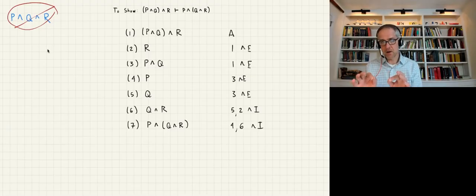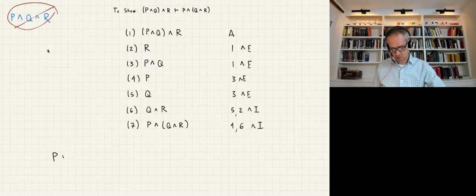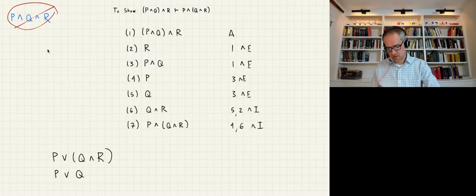The only tricky things here are, remember that you have to apply these rules to entire lines. So in other words, I'll just give you an example of a no-no, just so you're sure you understand how this works, right? So if you have something like this, P or Q and R, the temptation might arise to write on the next line something like this and write and elimination. Okay, but what I've just written is a no-no. This is wrong,